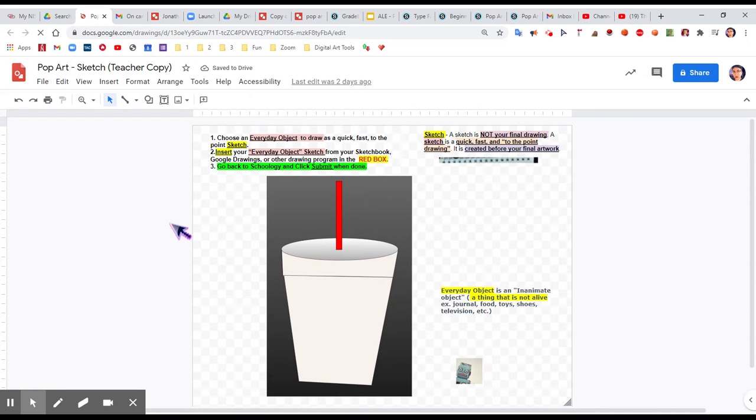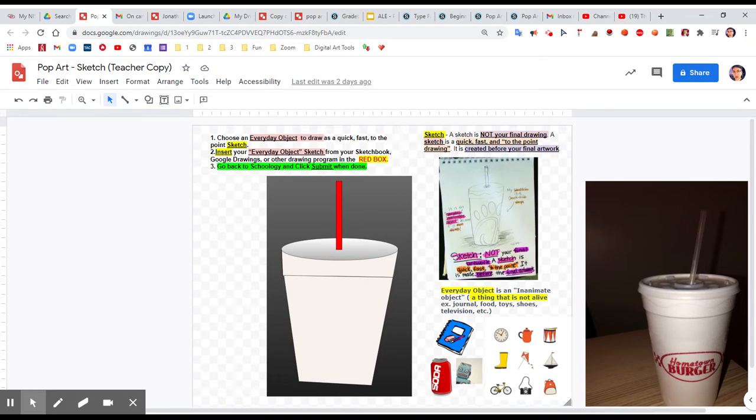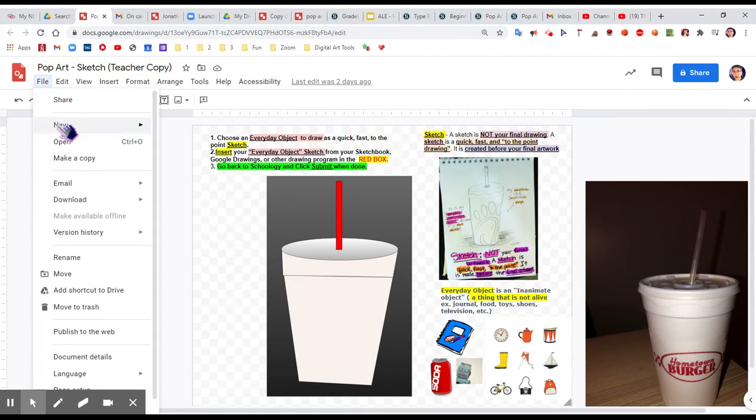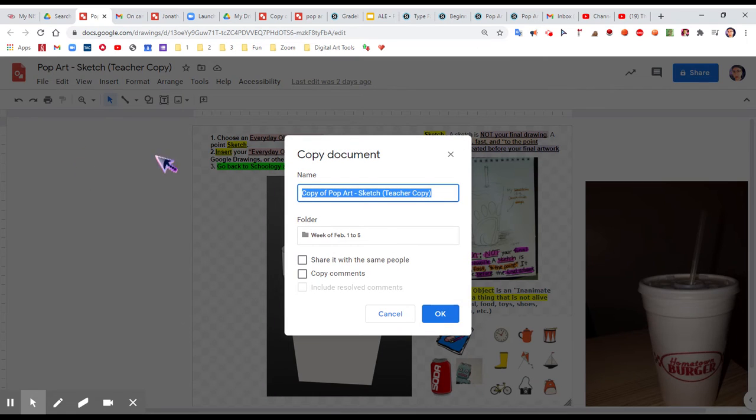Okay, and it's going to take you into this assignment. So what I'm going to do is take this sketch I already did and create an artwork from it. First thing I need to do is make a copy of this. So I'm going to come up here to File, click on Make a Copy, and I can rename it something that I'm going to remember on my computer. It could be Pop Art along with your name,